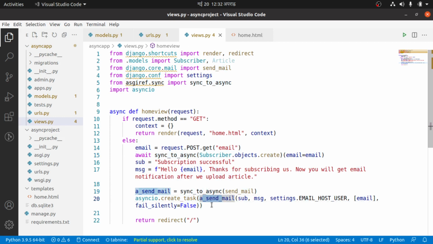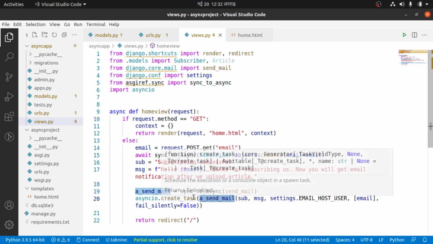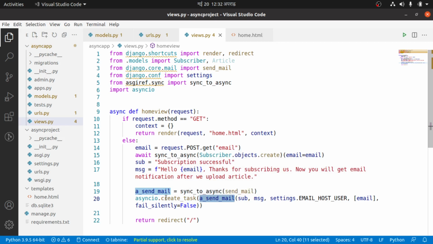Okay, so now this task will be asynchronous, and this task is also asynchronous, that is it is also a coroutine, but to run this task in background we need asyncio.create_task. Okay, so I think everything looks correct, and now let's check it